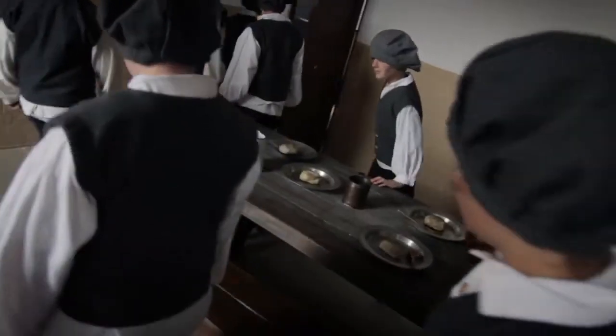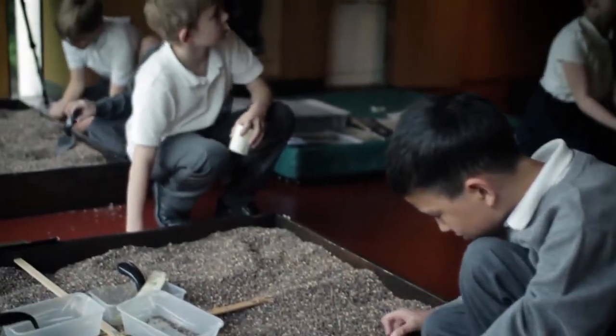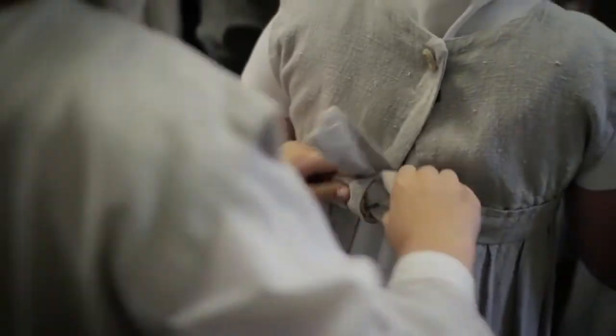The way that you plan a visit is very important to its success and the way that the children are engaged. They need to move when they're getting bored, and they need to have a variety of different ways of learning. When I first came here, I was quite undecided about the value of role play, and it was seeing